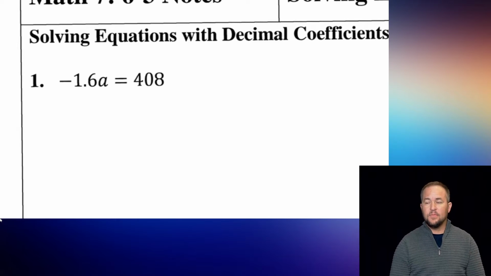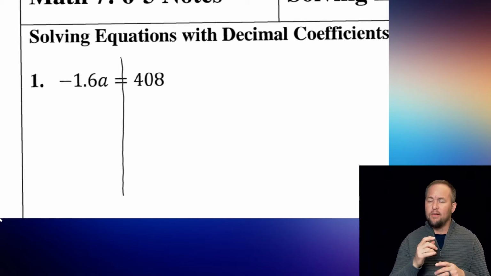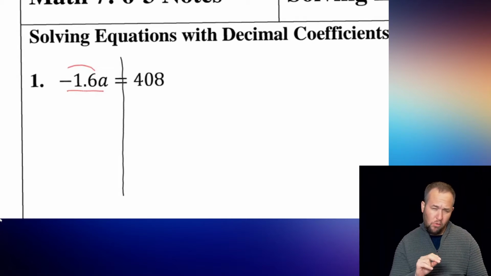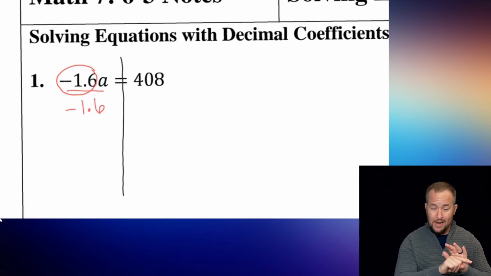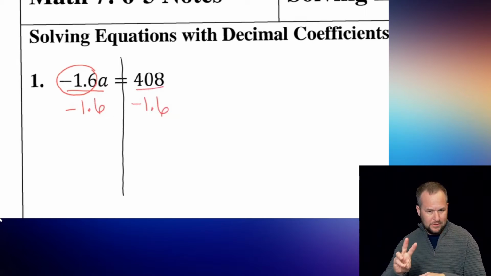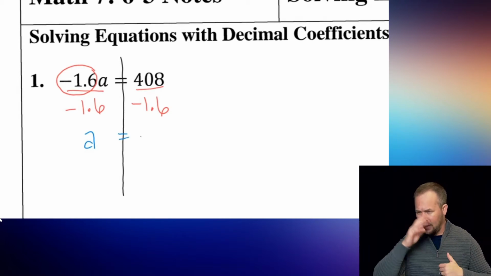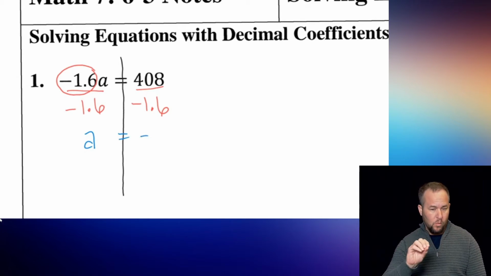This first one, you should be masters at solving one-step equations at this point in time. So in order to get this variable a all by itself, we are going to start with that line down the center. Do you have to do that? Answer: no. We are going to divide by this entire term or coefficient of negative 1.6. So since we did it on that side, you're also going to do it over here. We end up with a final answer of a equals. I know that my final answer is going to be negative. Then when I take 408 divided by 1.6, I end up with